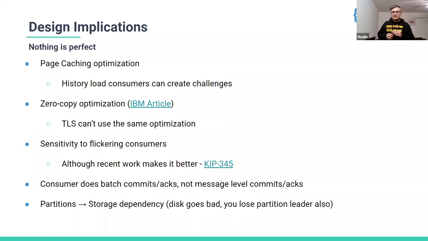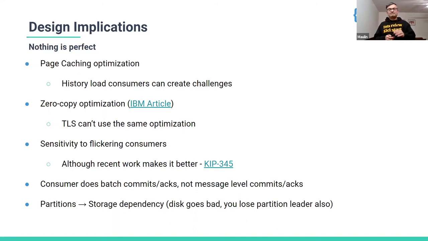The other part is to understand that a consumer doesn't do message-level acknowledgements. It does offset-level acknowledgement. Meaning, if I consume 10 messages, I'm going to say I'm done with offset 10, and Kafka will interpret that as saying, okay, all the messages until 10, 0 to 10, are done. If for some reason I could not process message number 5 and ran into an exception or something, Kafka doesn't know, and Kafka will think you are done with it and it will not give you that back. So we have to take care of how you put in retry logic, and you need to understand how to get around this.